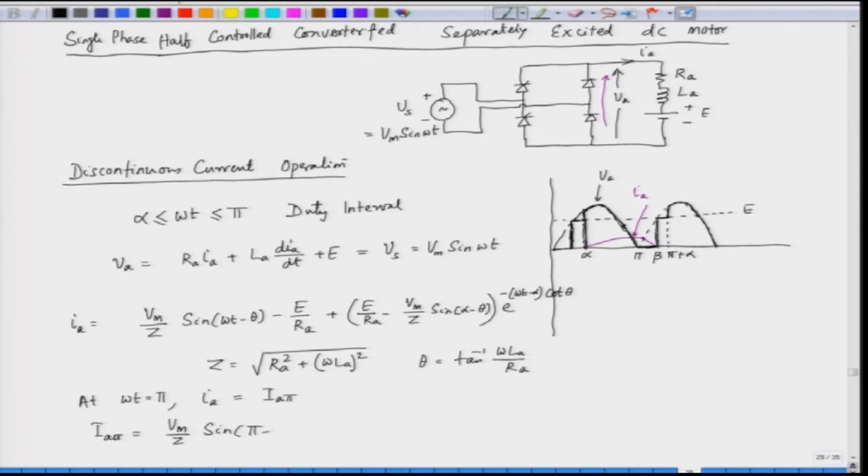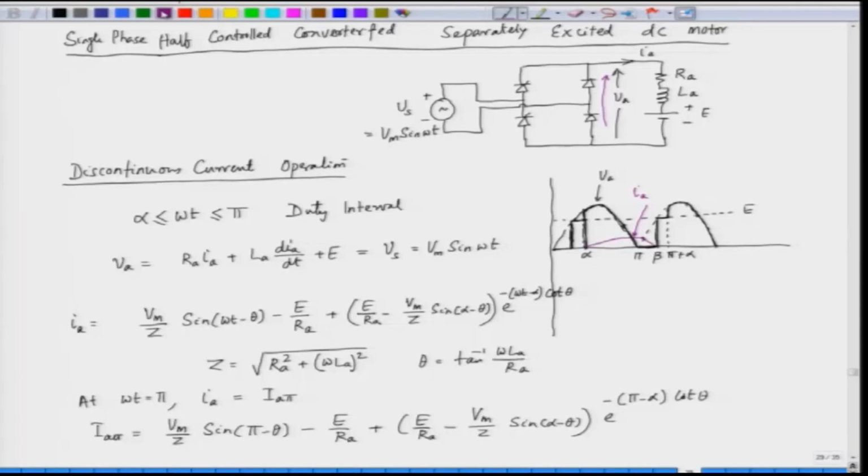sin(pi minus theta) minus E by R_A plus E by R_A minus Vm by Z into sin(alpha minus theta) exponential of minus (pi minus alpha) cot theta. So, this is I_A(pi), and then after the duty interval, there will be a freewheeling